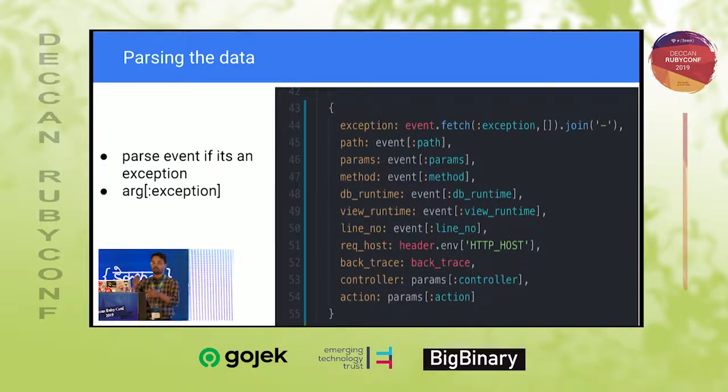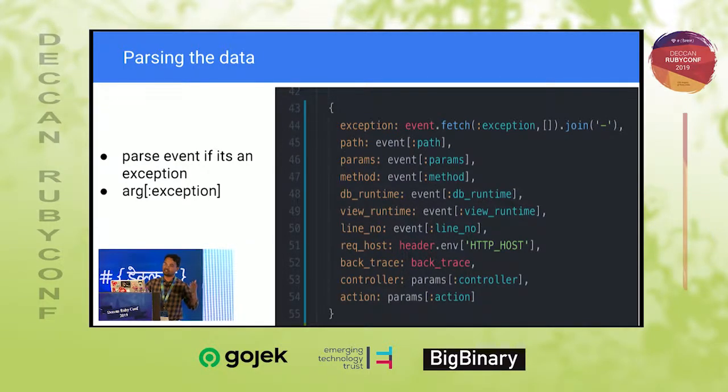If you look at the arguments, you will see an exception payload present whenever there is an exception. So we check for the exception argument; if it is present in a notification, we are sure an exception occurred. After parsing that exception, we have all the details: the exception, parameters, path, backtrace, line number, controller actions, and everything. So this piece of code now gives us parsed information that is ready to be stored